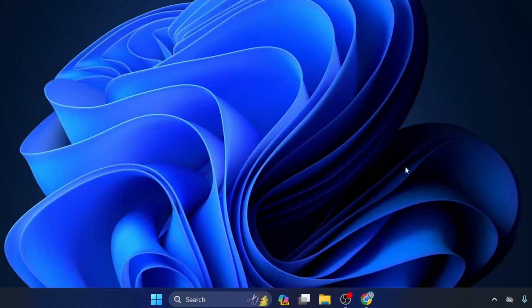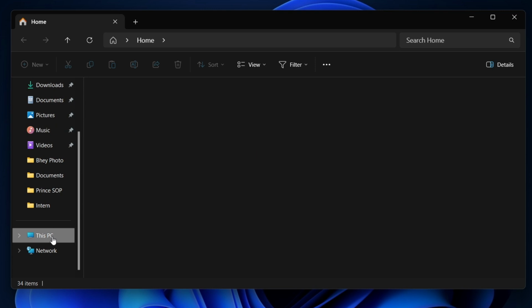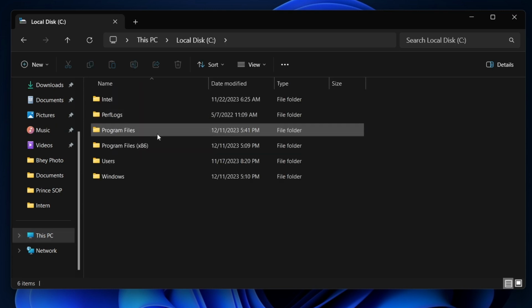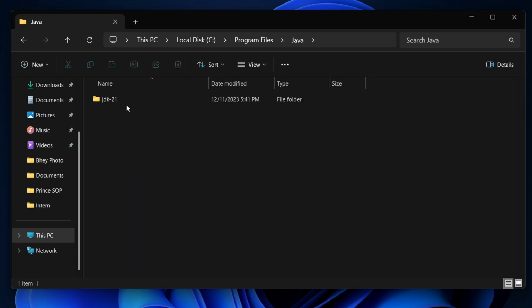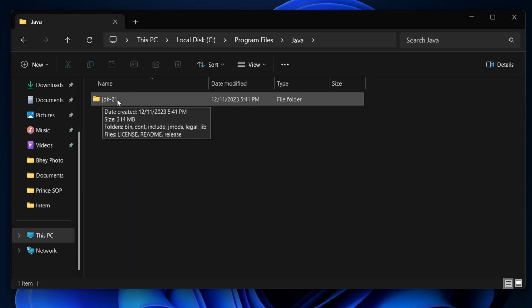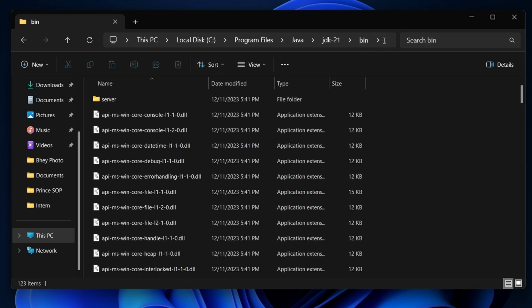Now if I go into the folders, and inside here go into local disk C, program files, and inside here you will be able to see this Java, and inside here there's JDK 21. So we just have to set up this bin path into the environment variable. Let me go inside this bin and click here at the top, and we need to